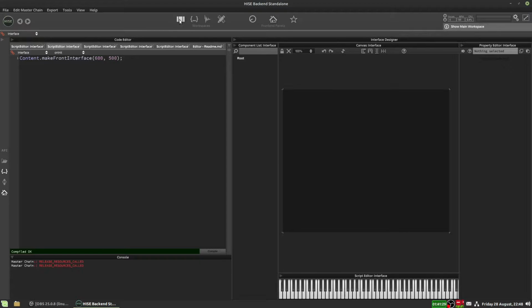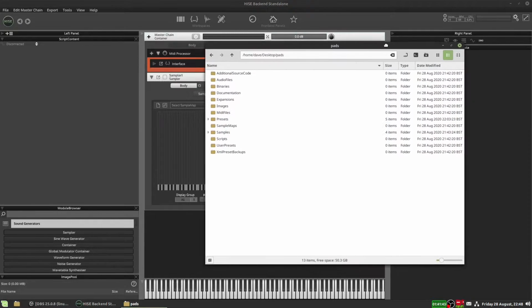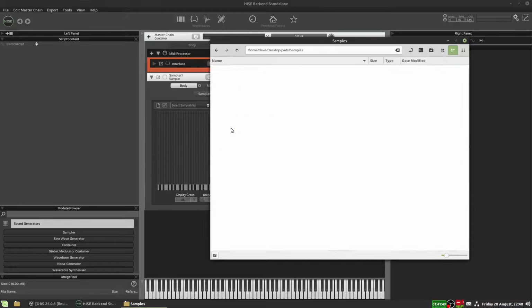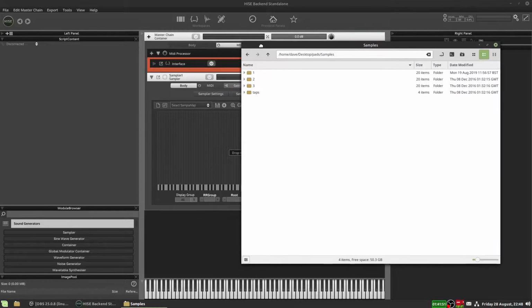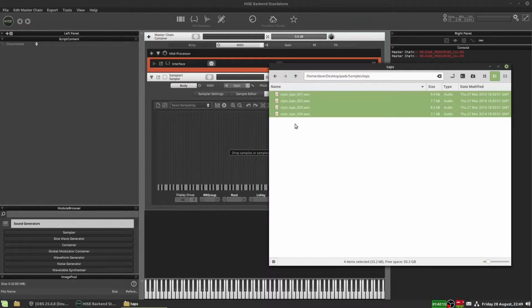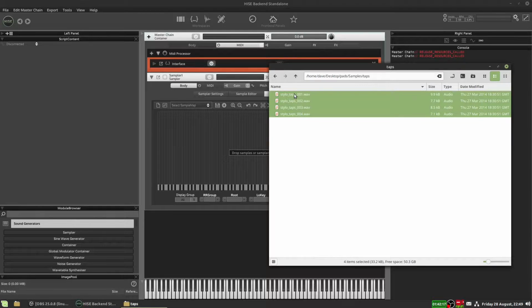Okay, and the first thing we'll do is map some samples. I've just created this project folder and we've got some samples in here, just some samples I had from another project. These are actually some stylophone samples. So these are stylophone tap samples. These are just basically the stylus of the stylophone being tapped against the keys, and it just makes a little sort of spark sound. So we'll just drop those in,